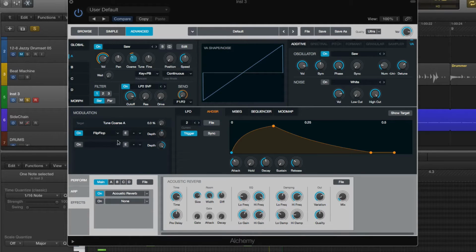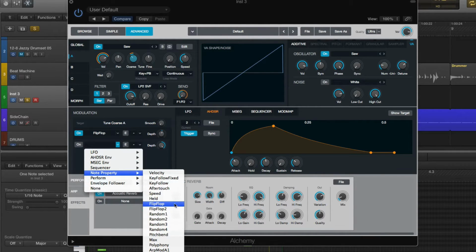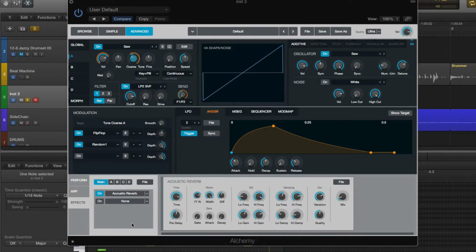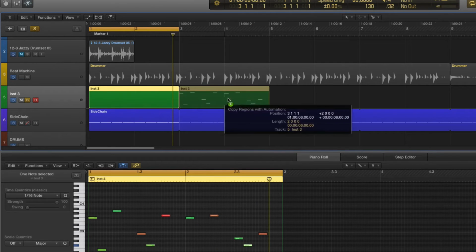There's a flip-flop modulator, and if you go to the node properties, here you find these flip-flop options, and we have 2 of them. The first one will flip the amount of modulation for every other node, and the flip-flop 2 will do that for every 2 nodes. So, I shouldn't load that one there. If I have this one, I'll just quickly